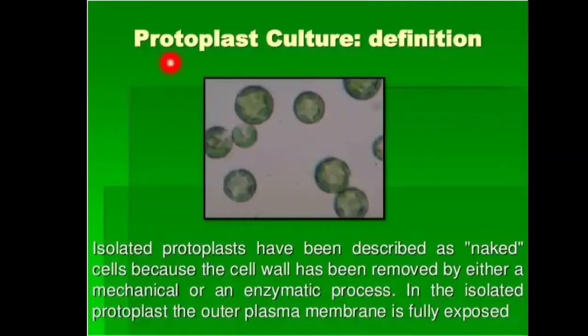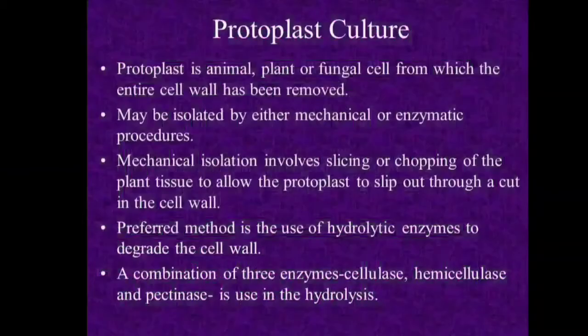method. And the importance of this protoplast and their culture, it usually involves three main steps, that is isolation of the protoplast, culture of the protoplast, and fusion of the protoplast, okay? So the isolation of the protoplast means what? The protoplast can be isolated from the roots, leaves, fruits, tubers, root nodules, endosperm, pollen mother cells, okay? So it can be isolated from the parts of the plant, okay? And usually it also involves the mechanical method and enzymatic method.